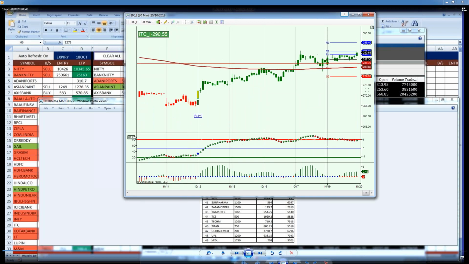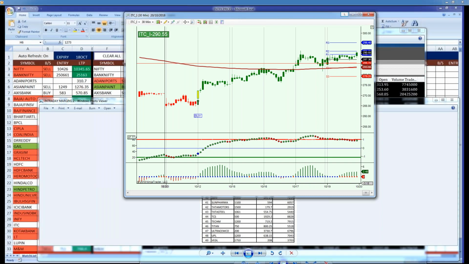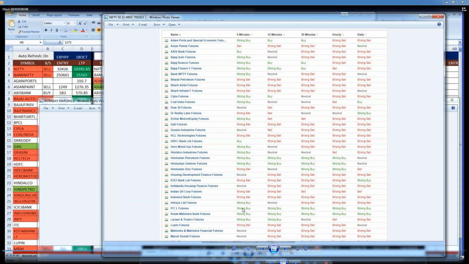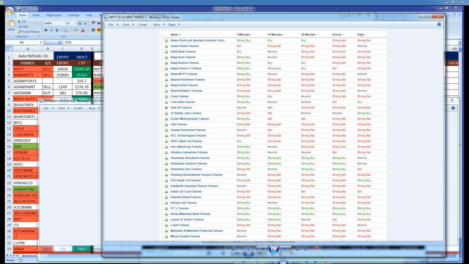So my next target is 295 for ITC, considering I have a strong buy on ITC in all the 5 time durations. That is a strong buy in 5 minutes, 15 minutes, 30 minutes, hourly, and daily basis. So I'll be bullish on this particular thing. So this is how we trade. And if you want to see some more trades,